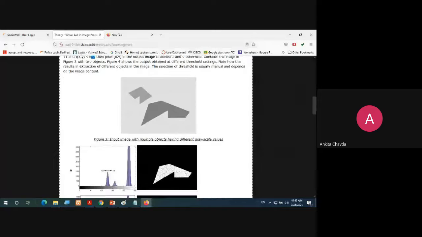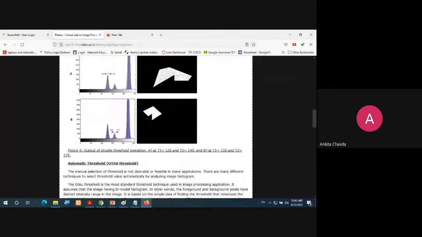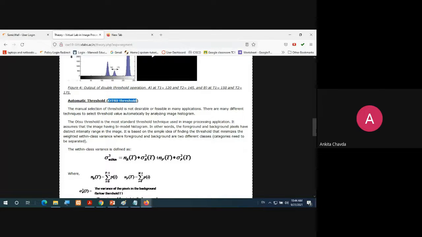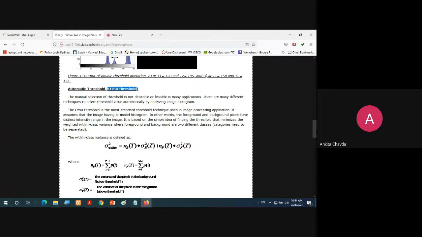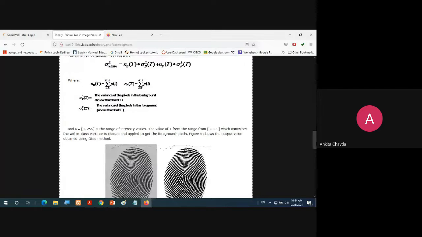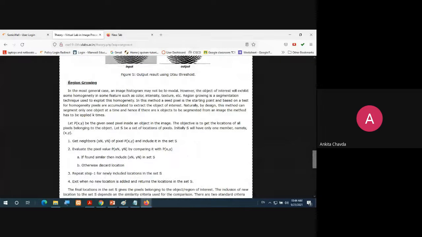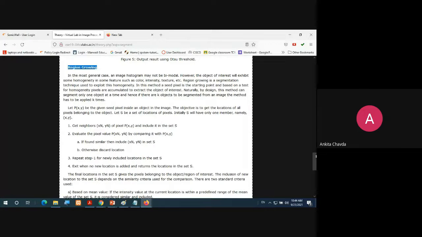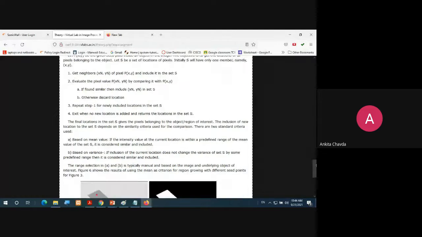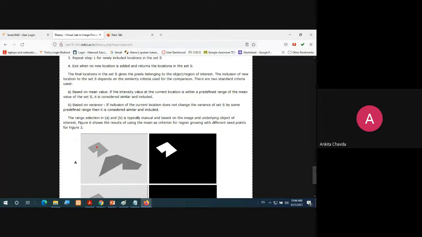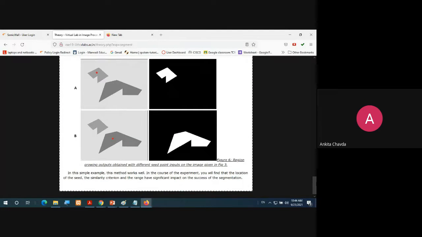This thing we will learn, this thing we will see, right? Automatic thresholding, this is the Otsu method. We have just one built-in function and this will be applied in MATLAB. This is the best method, Otsu. Then region growing. I said, these are all single topics written in the syllabus: region growing, thresholding. So that theory you can even write from here, right? No problem. Fine.